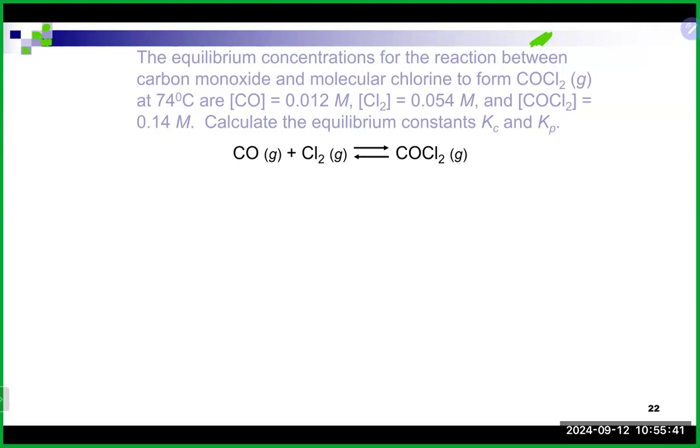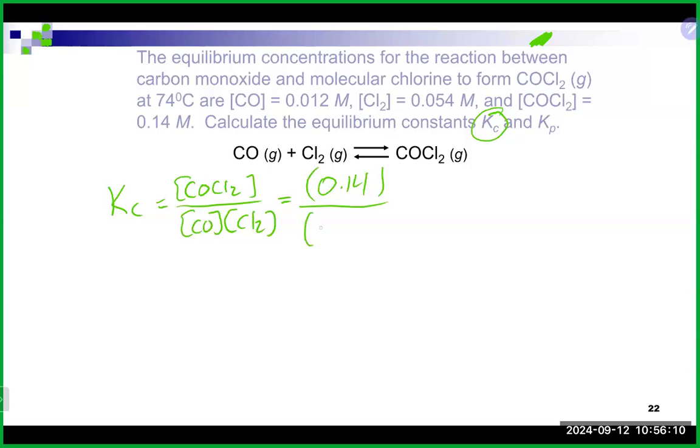Okay, so let's take a look. In this case, it would make sense to go after which one first, Kc or Kp? Kc, since we got concentrations, right? So since we're given concentrations, it makes sense to go after that. So we'll start with our expression. That's going to be our products divided by our reactants. And since these are equilibrium concentrations, we're good basically just to plug in, and that will give us